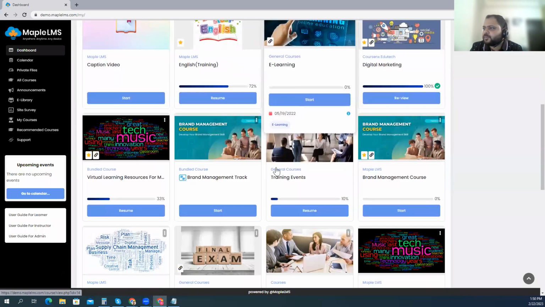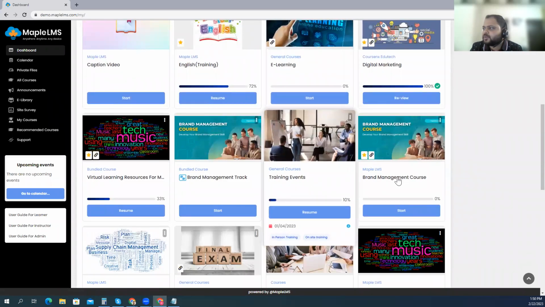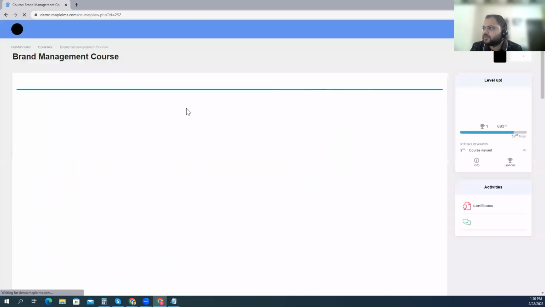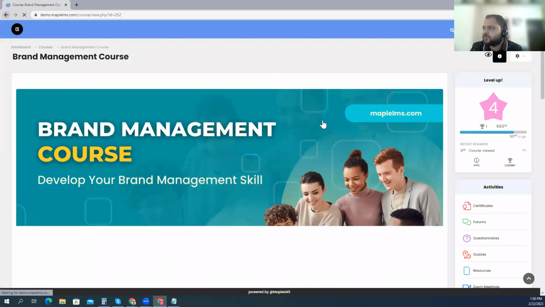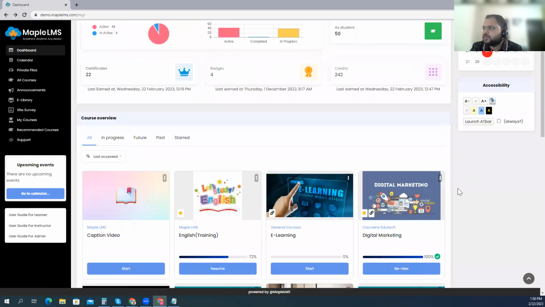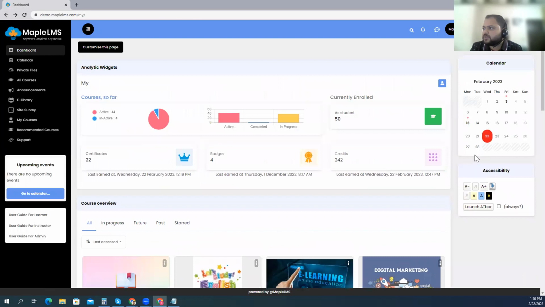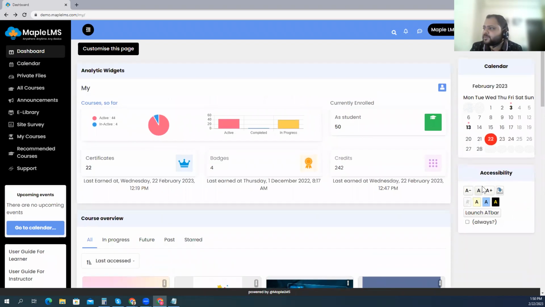So as an example, let's say if I jump into any of these courses, and we can then see a visual example, or in fact, let's just go back and first see that on the dashboard. So let's say if I wanted to increase the text size, you can simply click on these buttons.